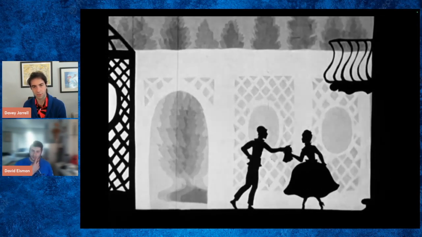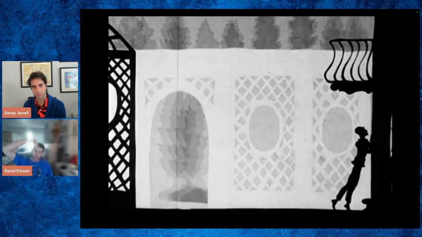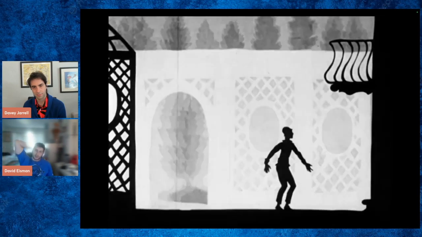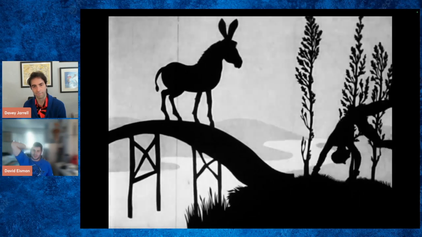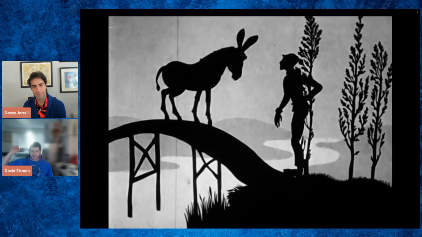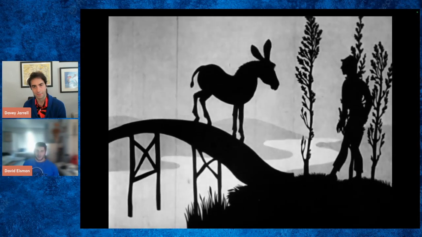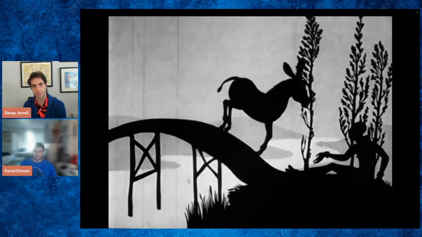This has to be so clearly staged. And that was very clear, even though they just overlapped, which is difficult even when you have access to full color and line. Oh! Wow. They got some momentum in there. Some slow in, slow out. Very nice articulation on the legs in that donkey. It's just brilliant.